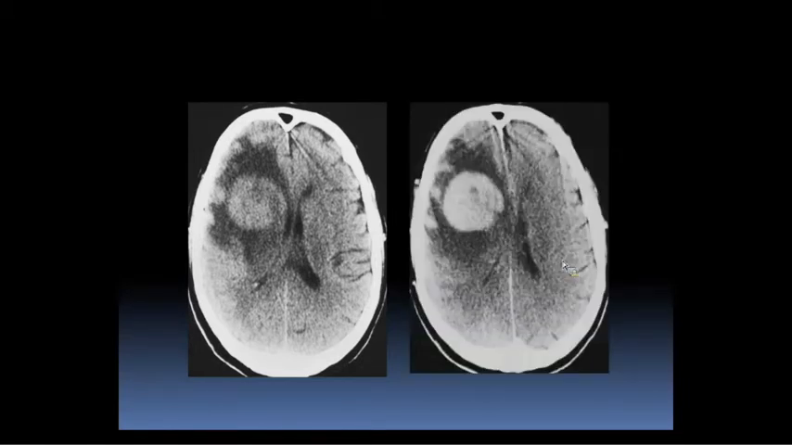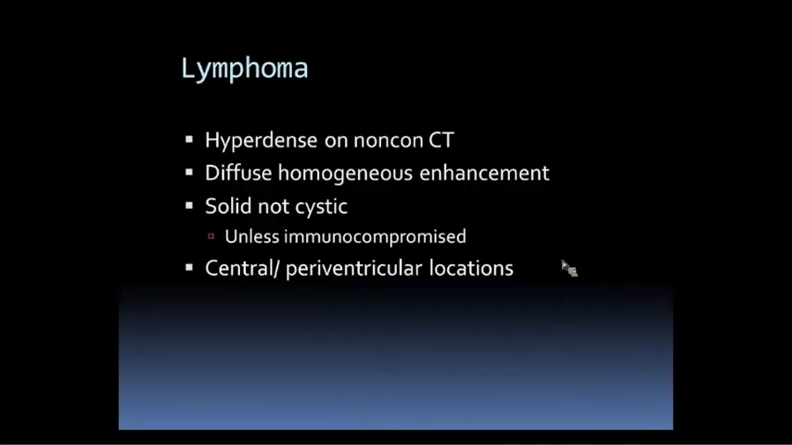But after we give contrast, we can see that it diffusely enhances, pretty homogeneously. So this is lymphoma. CNS lymphoma, the hallmark on CT is that it's hyperdense and bright on CT. After giving contrast, it tends to enhance homogeneously. It's not cystic or necrotic like GBM or abscess. So here we can very strongly consider the diagnosis of lymphoma, particularly if it's centrally located in the periventricular regions. Lymphoma loves the